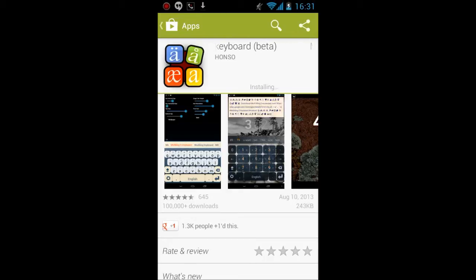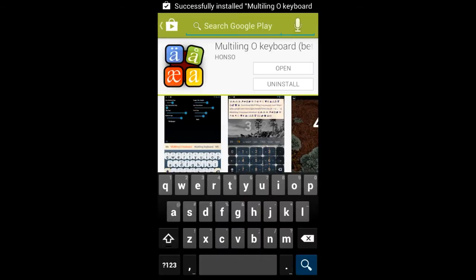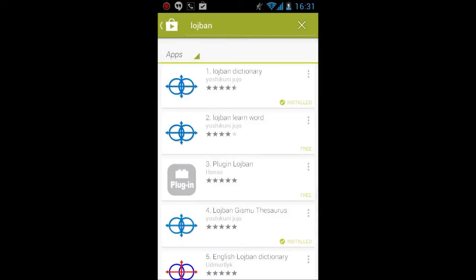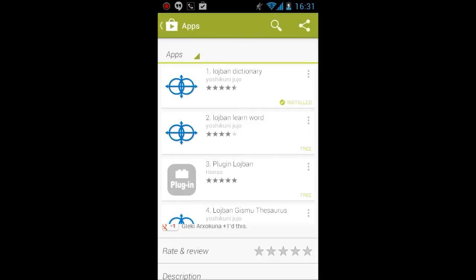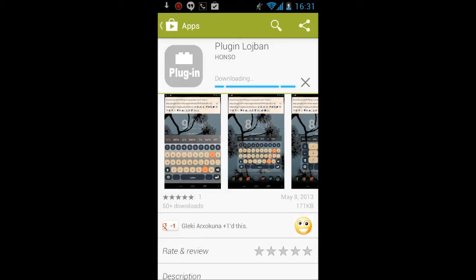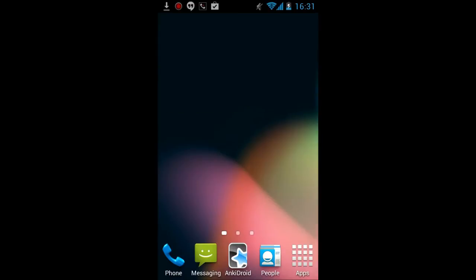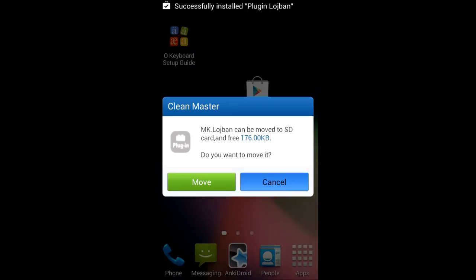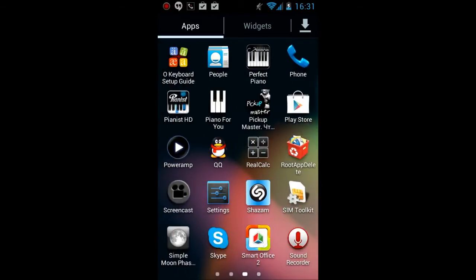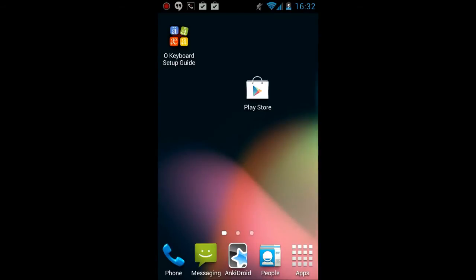Let's just search for Lojban. Here we can see all the applications somehow related to Lojban. You can try all of them later, but for now we need a plugin Lojban by the author Honso. Let's install it too. Now we can see that O keyboard appeared. We can also search for this application on the app screen. Let's open it